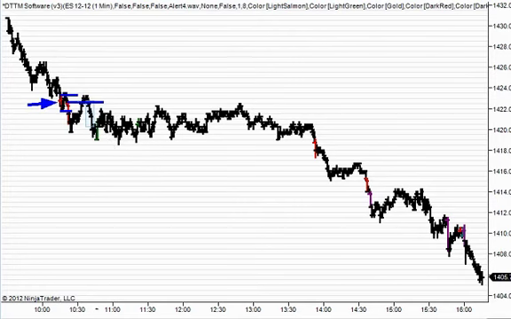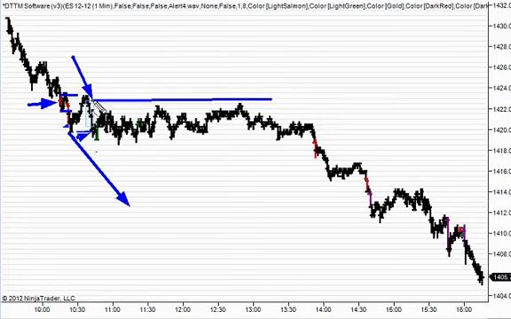Here is then a high velocity move, which is a little bit stronger of a structure, and we ask ourselves, does that high hold? And until that high is taken out, we have to say that bears are pretty well in control of the market. Now, we did get a level 2 buying aggression bar here, so it's showing us that this is not going to just go straight down, but until this high is breached, we have to assume bears are more in control